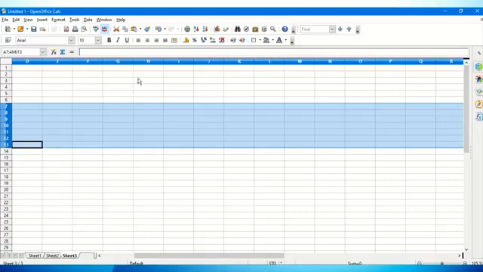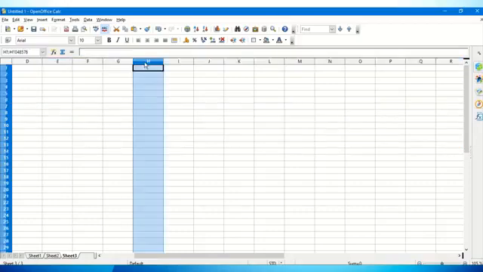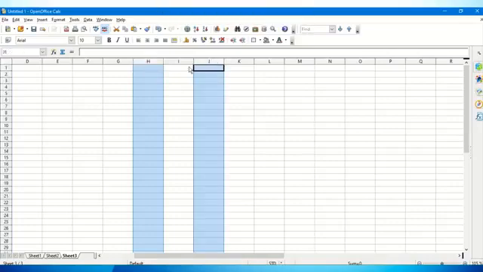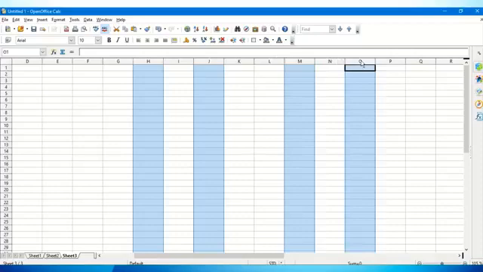Non-consecutive columns can be selected by clicking on the control button, keeping the control button pressed and clicking on the different columns. So this will help you to select non-consecutive columns.